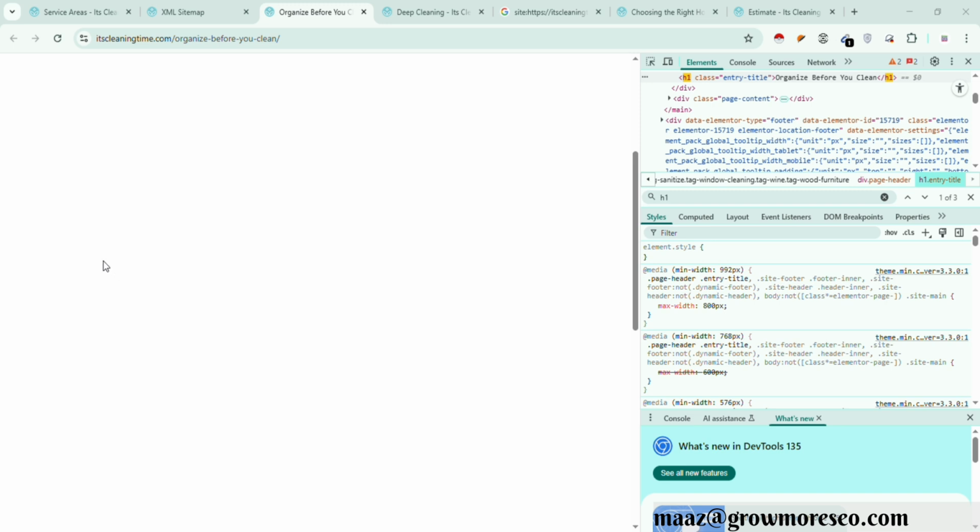Images are not optimized. Some images are very large in size. If the images are larger in size, the page will load slowly. Interlinking is very important in order to transfer link juice. So there is no interlinking I found on the website. Duplicate meta description on two pages, residential and commercial. They have only two services pages, and both have the same meta description. 16 images on the site don't have alt text.